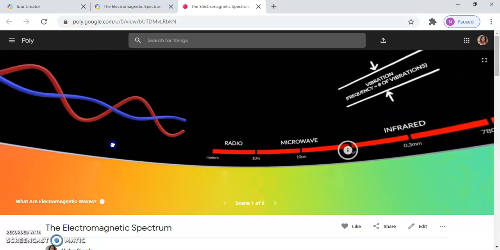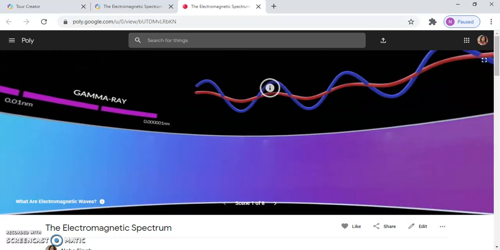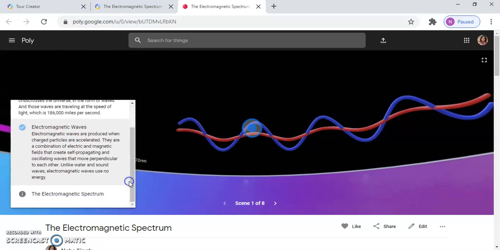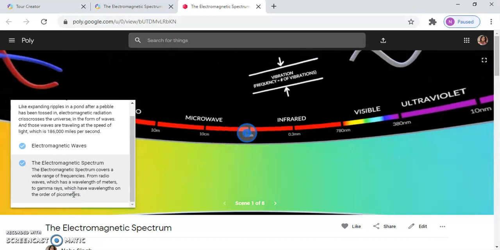You can just rotate it with the cursor. Now you can see that there are these circles indicating the point of interest. You can click on that particular point of interest. It says that it is an electromagnetic wave and has a description. So in a similar way, you can find another point of interest, that is the electromagnetic spectrum.